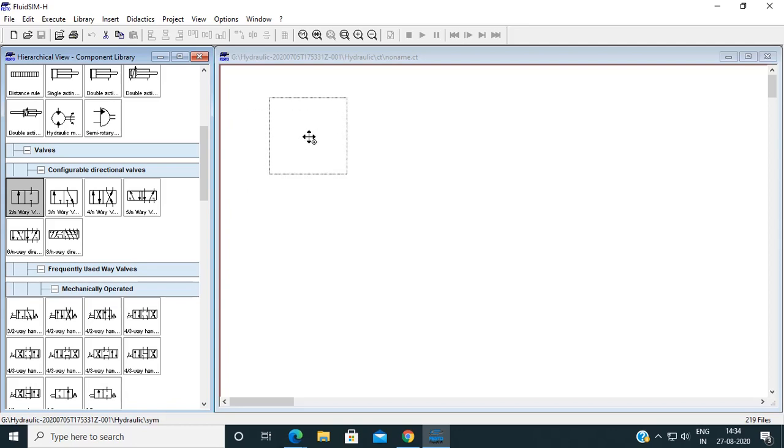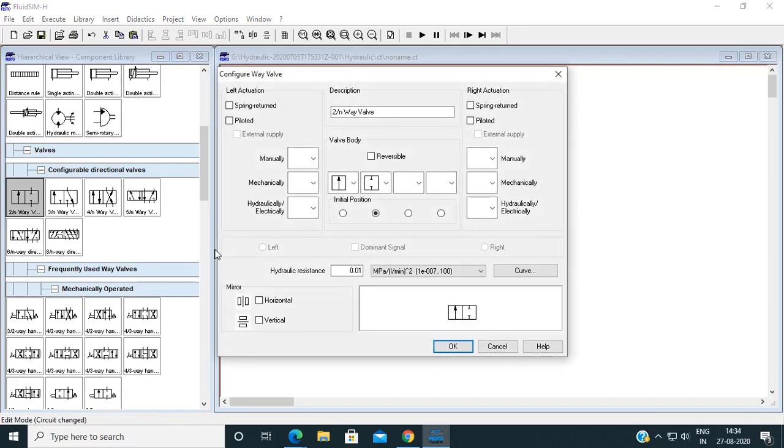First, suppose I have dragged one here, double click on it. You can change the actuations, left side actuation from here, right side actuation from here. If you want to take the spring return, it will be spring return. Pilot operated, it will be pilot operated. Similarly for right side. So in this way you can customize the actuation.